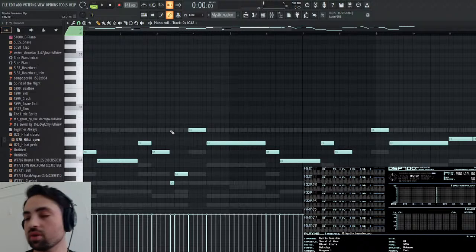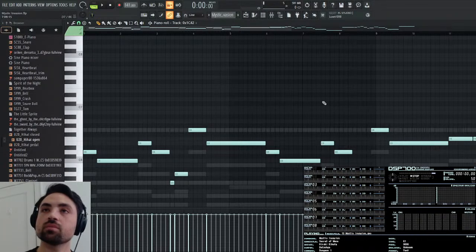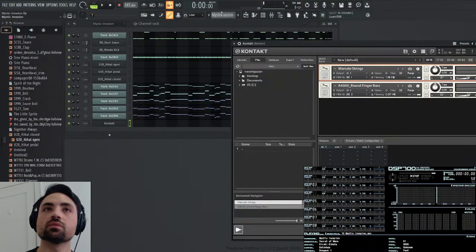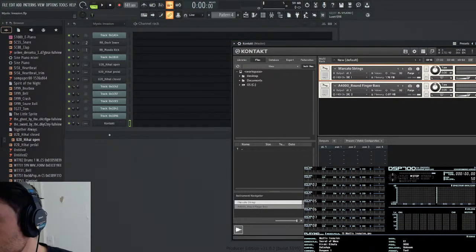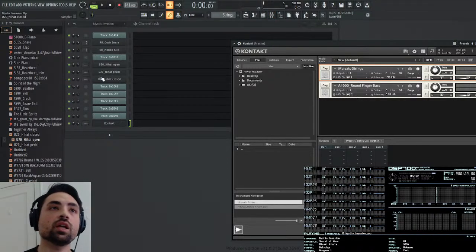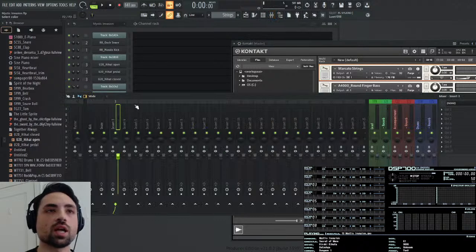So let me grab this string line and go find first empty and call this strings. And actually, I want to give the hi-hats a pattern, mixer track. So let me send them to 3 and then call this hi-hat.